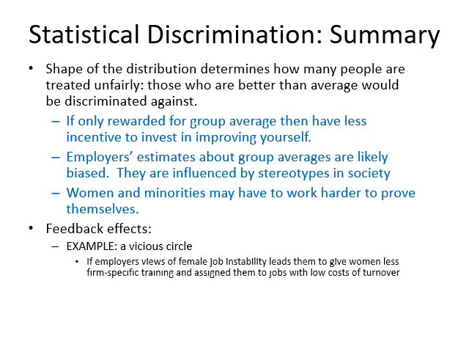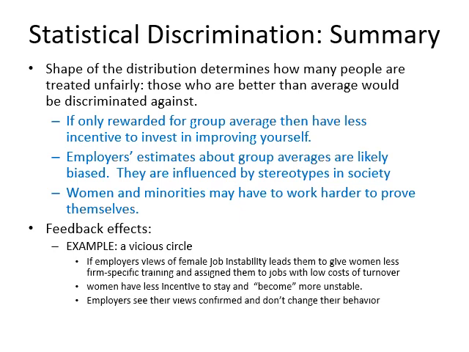The final idea is this could create a vicious circle from feedback effects. If the employer expects, for example, females to be unstable in their jobs, meaning they're more likely to leave for family reasons, this might lead them to give women less training and less chance for promotion, maybe give them jobs which are not quite as important. But if they're not getting as much training and promotion and getting assigned to jobs that are not as important, they're probably more likely to leave because they have less incentive to stay, right? And then from the employer's point of view, they'll see that their viewpoint was confirmed. That yes, it is true that they were less stable. So again, this feedback effect can make this a self-fulfilling thing: if people are treated as if they're different, even though they weren't in the first place, it may end up making them appear like